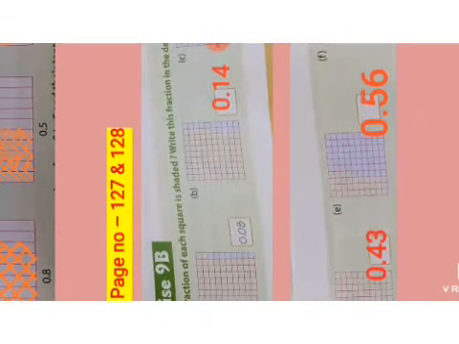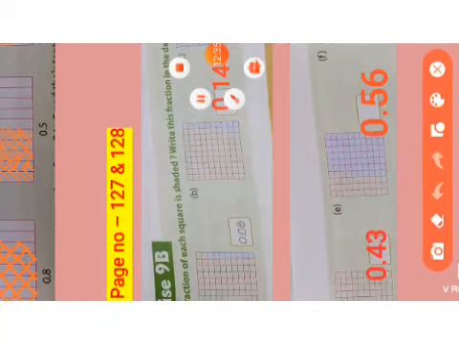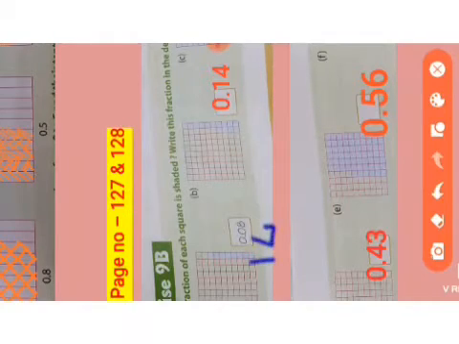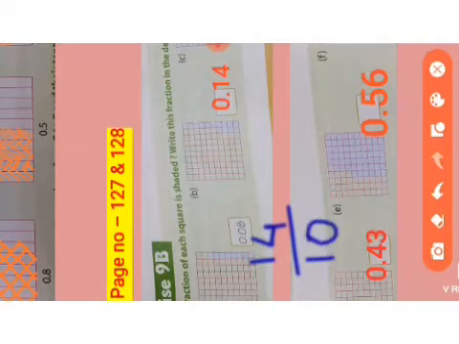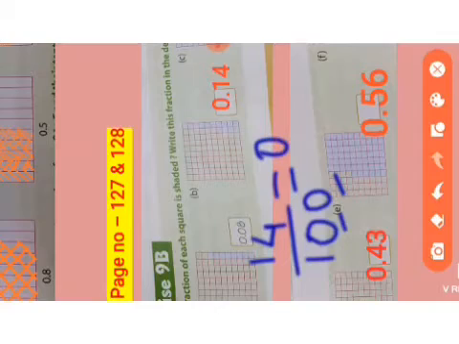Next, come to the next question, number B. In question number B, if you check it carefully, how many portions are colored blue? You please check. Here only 14 small boxes are colored out of 100 small boxes, small squares. So 14 by 100. If you change it into decimal, there is 100, so you will place the decimal just before 2 digits. No problem. In the numerator there are already 2 digits. So we can write it as 0.14.